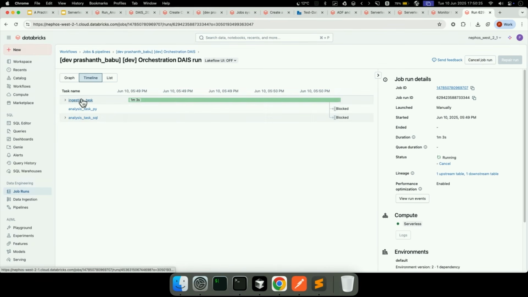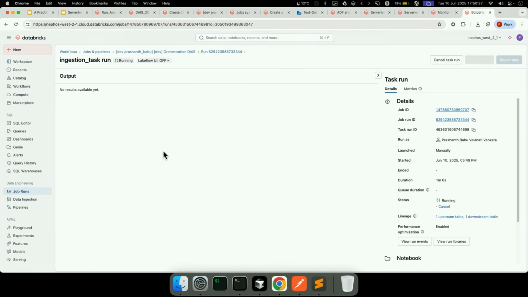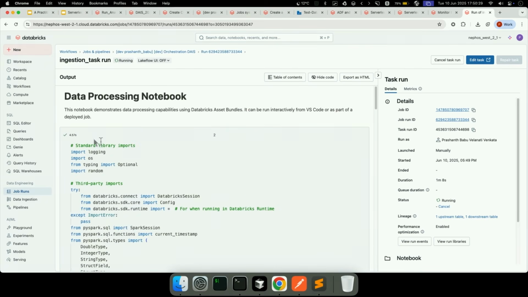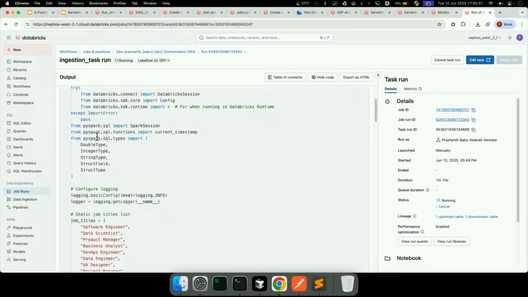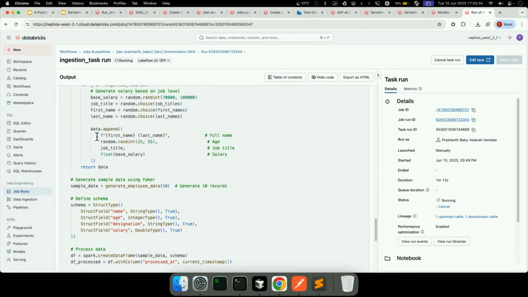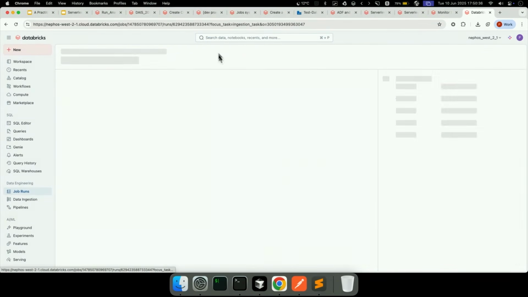So you can see the job is already running. Yeah, you can see 4.57 seconds. A lot of code is there here, but essentially my job is running. Just to show the DAG,